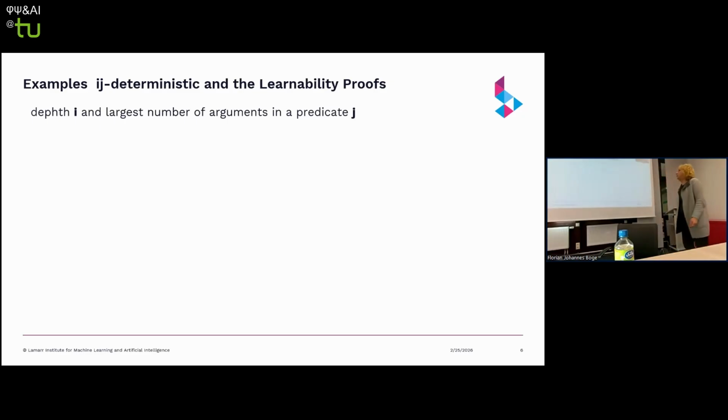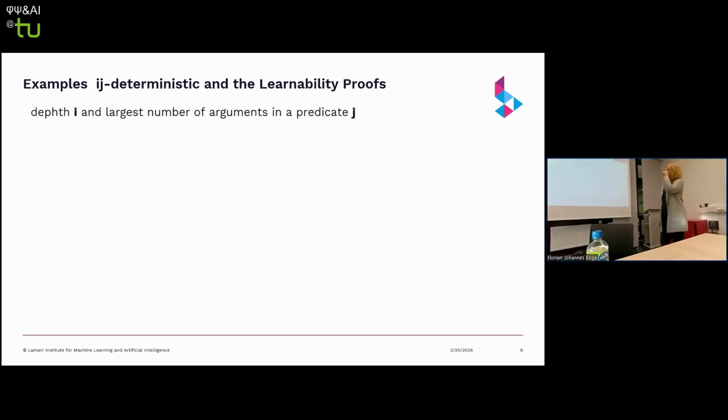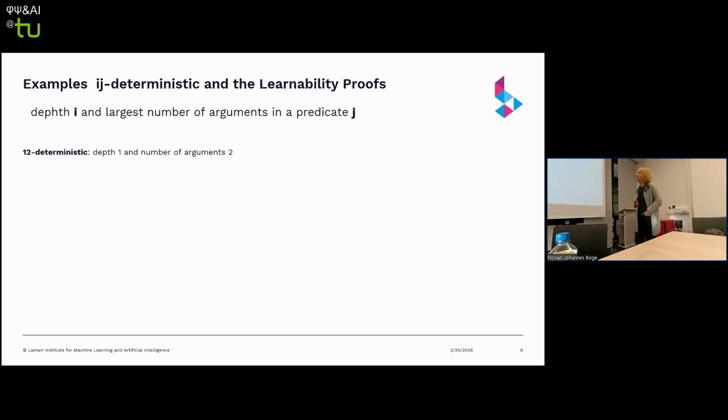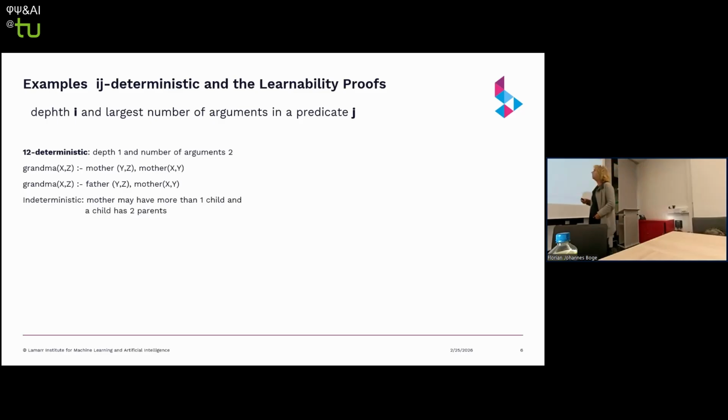And then we have the ij-deterministic clauses, and there we have learnability proofs. So ij-deterministic is you have the depth i and the number of arguments j. So for instance, you have the grandma, which is you have the mother of someone who is the mother of someone. The same is for the grandma, the father of someone and the mother of someone. So what you see is that